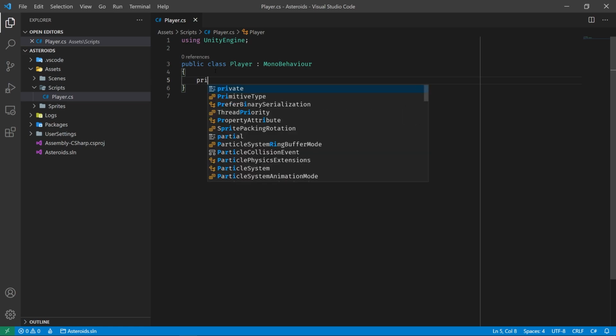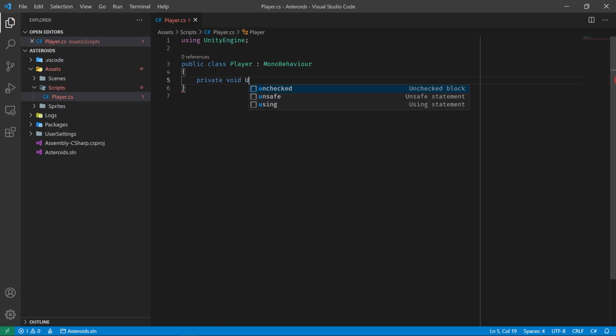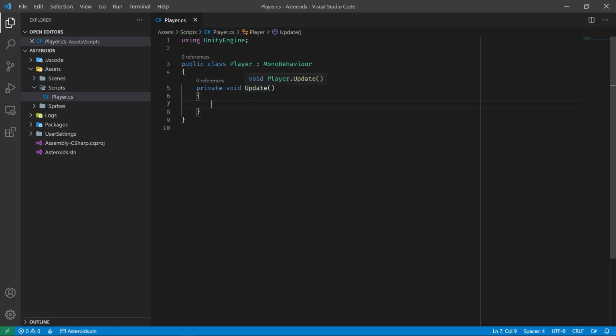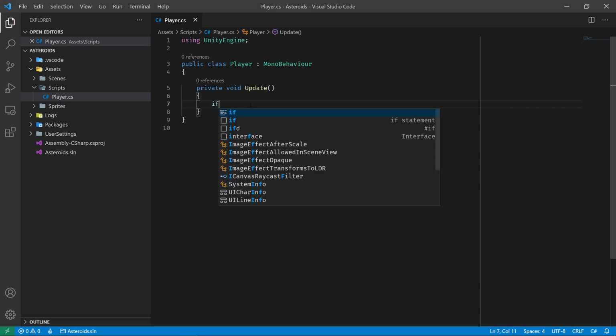So to check for input, we can do that inside of a function called update, which is a function that Unity calls for us automatically every single frame our game is running. And this is very commonly used, or it's very common that you do input inside of this function. So we can say, for example, if